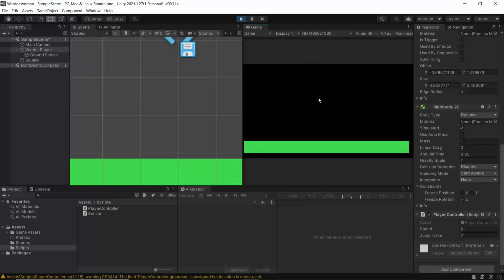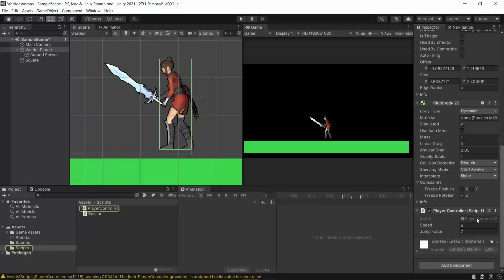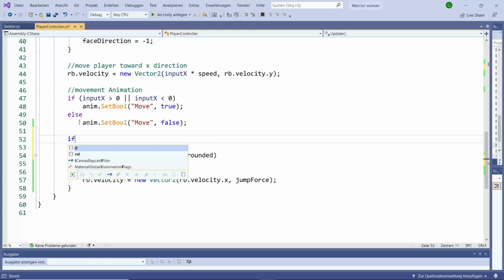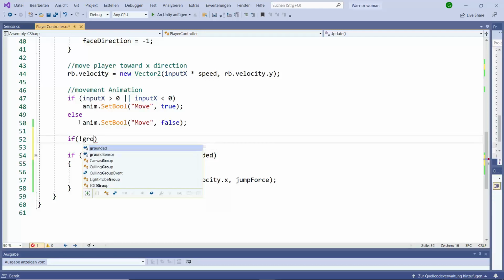But as you see, we can jump again and again because we need to limit our jumping with the value of grounding. So let's go back and do it fast. So here I'm going to add also when we are grounded, then we are just able to jump once. So now in the top of that, to also disable our grounding, we need to write if we are not, that means not grounded,